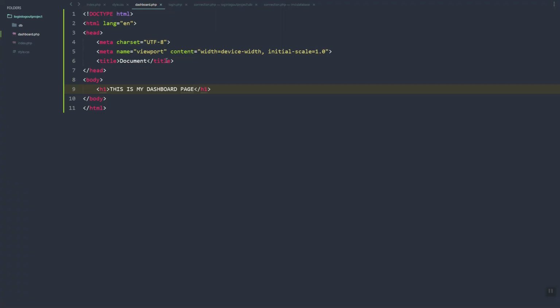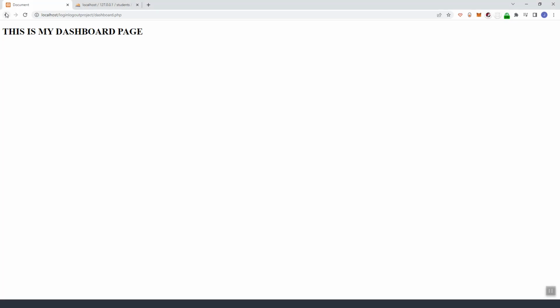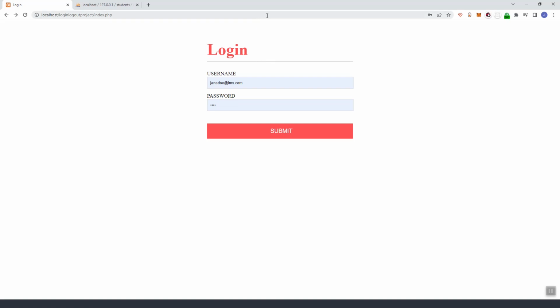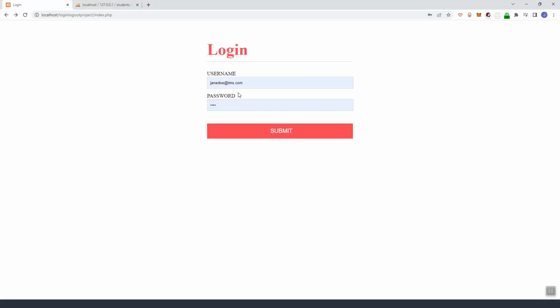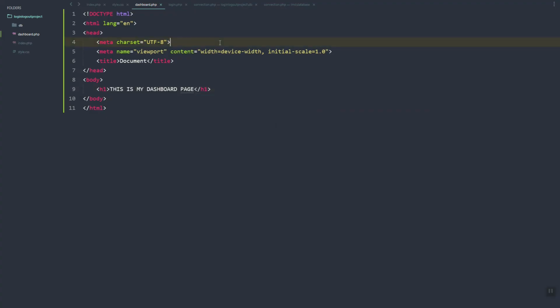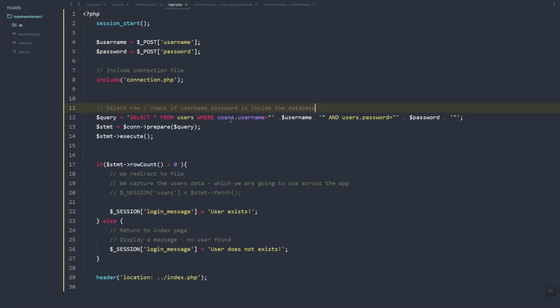Of course we have the login.php or this folder or file. So how do we restrict users that are not logged into the system? How do we restrict them from entering these pages if they are not logged in? In this video I'm going to discuss sessions and how we can use them to restrict users from accessing pages. So in our login.php,